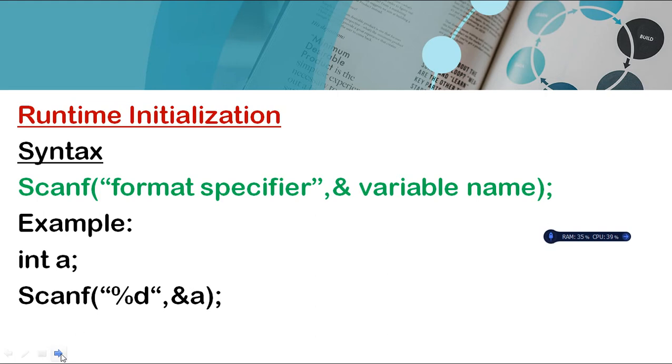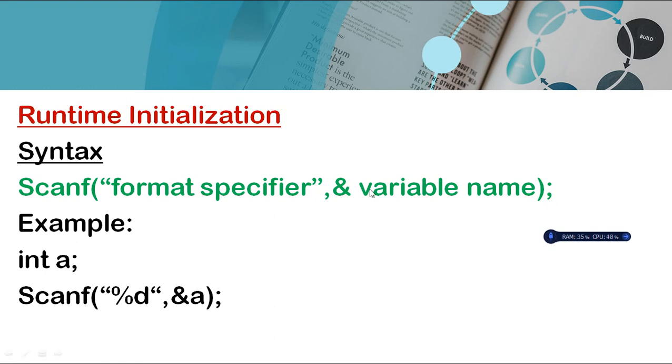For that you have to use this syntax, scanf. So scanf is a function. When you say function in a programming language, it always has parentheses, so here an open and close parenthesis. And remember, in C programming, each and every line of your code must end with a semicolon. So you must write a semicolon at the end of each line of your code.